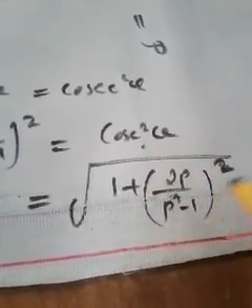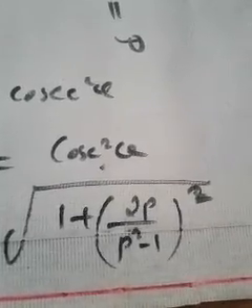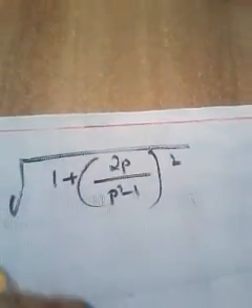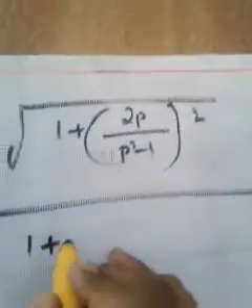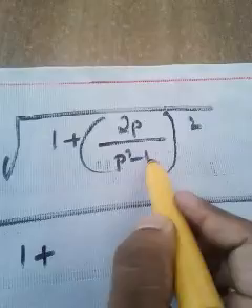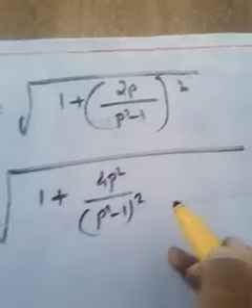And those who can simplify this, they can. How? Take the square of the numerator, take the square of the denominator. In that way they can simplify. Okay, so I'm going to explain how that question can be simplified, because you have to learn that also. How we got cosec theta as 1 plus 2p by p square minus 1 all square, isn't it? So it becomes square root of 1 plus, when you apply the square separately, 2p square by p square minus 1 square. Okay, so it becomes 4p square by p square minus 1 square. You may have understood, isn't it?